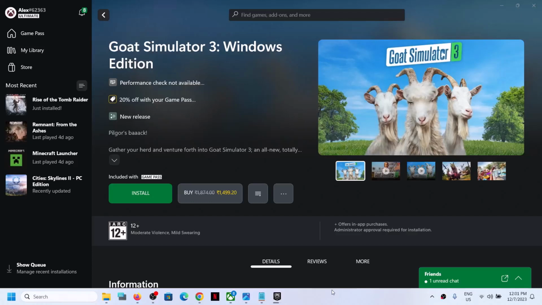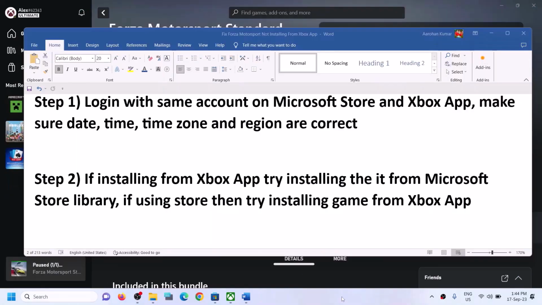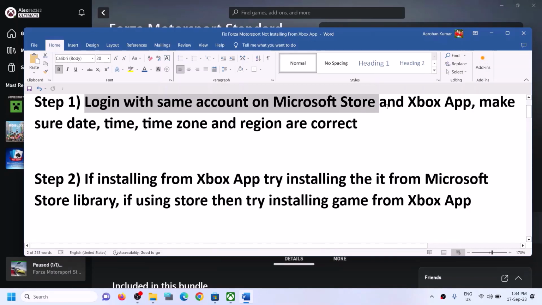Today in this video I'm going to show you how to fix when you're unable to install Goat Simulator 3 game from Xbox app, or if you're unable to install it from Microsoft Store, then please follow the steps shown in this video. The first step is to log in with same account on Microsoft Store and with same account